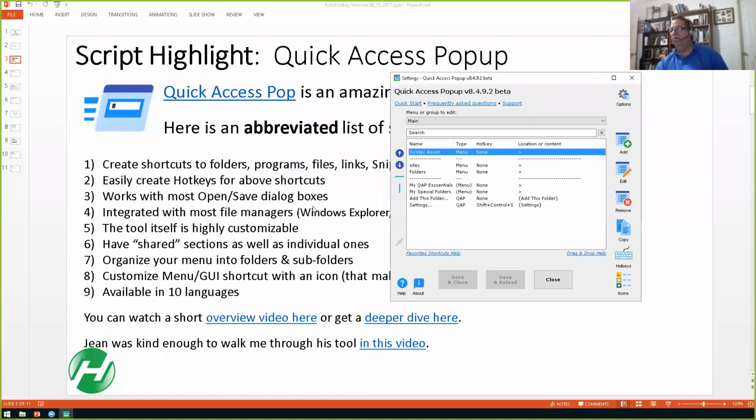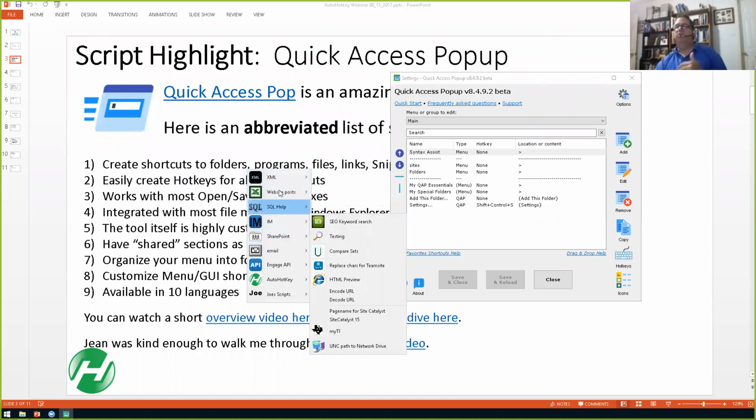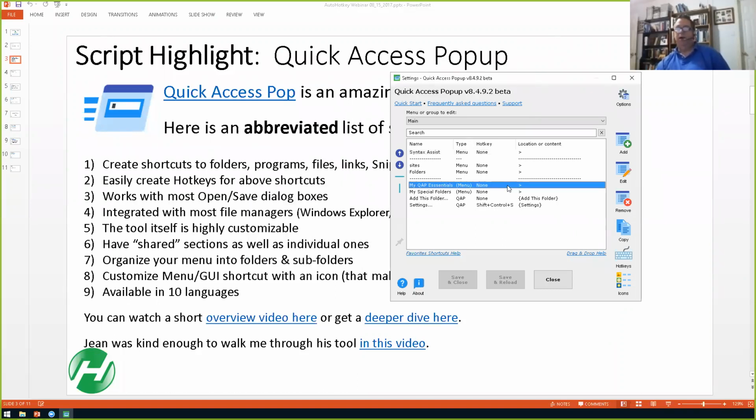It was quite an amazing tool. I love it because in AutoHotkey, I build these menus, right? So here's my menu, and I can jump up here, and if I clicked this, it would send text. It's like a snippet. But it takes me so much time to write the AutoHotkey code to build these and include the icons and everything, whereas in Quick Access Popup, it literally is like 30 seconds for me to add a bunch of code, including the icon that I want to use for it. And so I'm slowly migrating my stuff over, because going forward it'll be really easy for me to add new things to the menus, and have things under my selection.